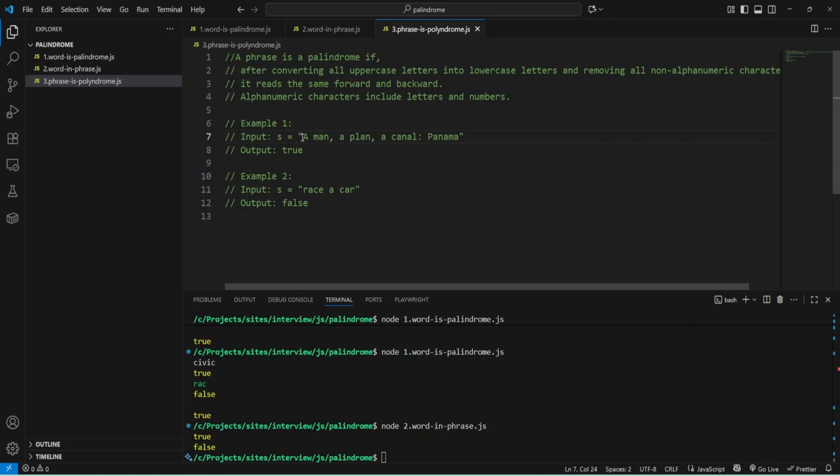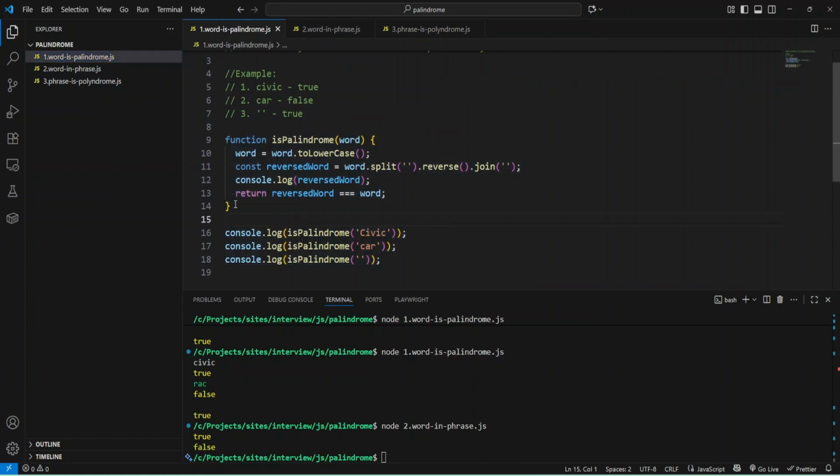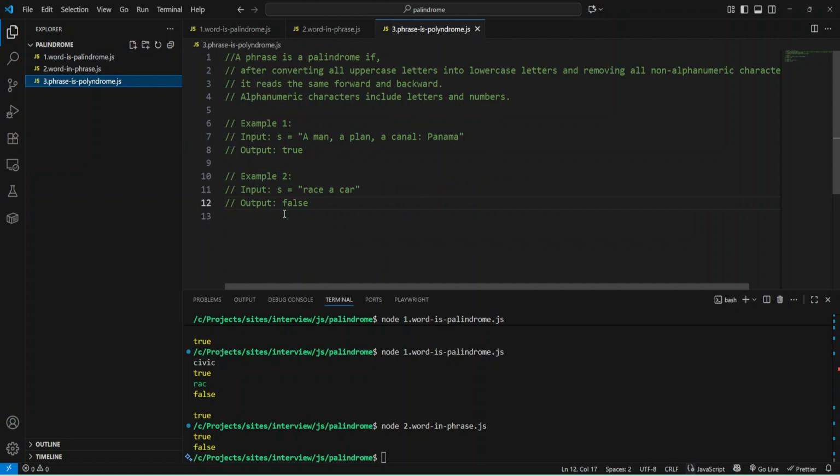We need to return true if it's a palindrome after removing all non-alphanumeric characters. This is more complicated, but here we can also use our function.